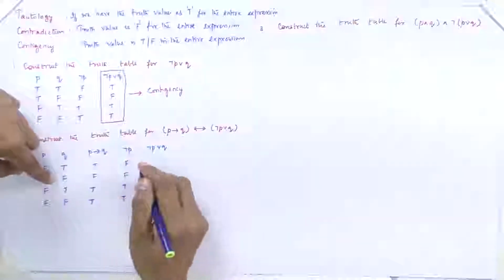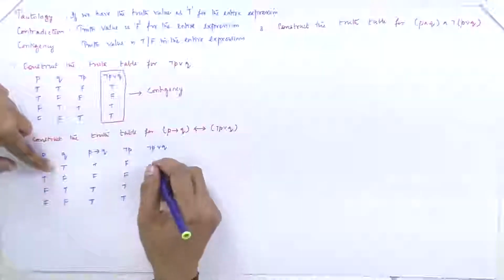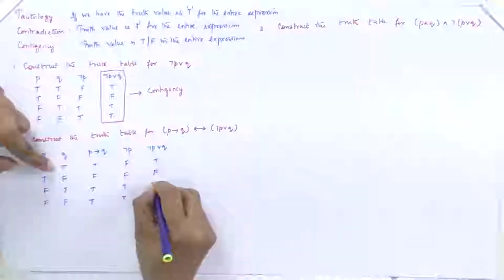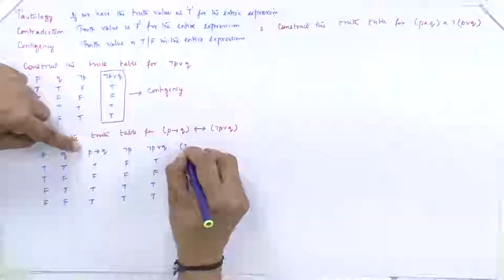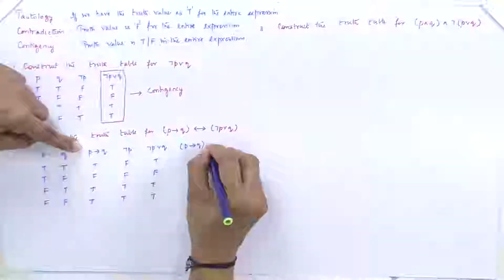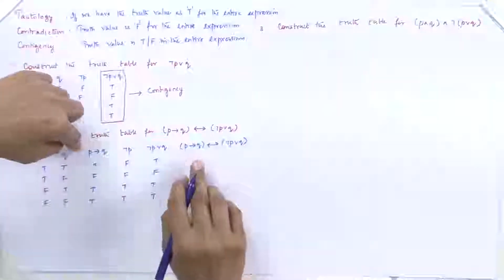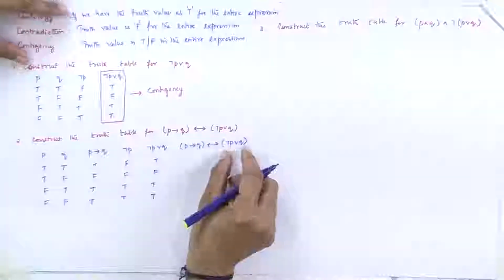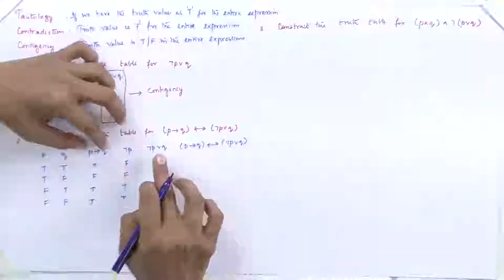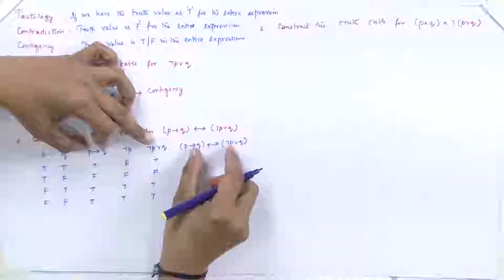So here I have both F, F, so it will be F. And in none of the cases I do have that thing, so it will be T everywhere, right. So next we will have to find out what is P conditional Q, biconditional negate P or Q. So now you will have to just consider this term as P biconditional Q. So this term I have here and this term I have got here. So these two should have the identical truth value, only then I will have the truth value to be as